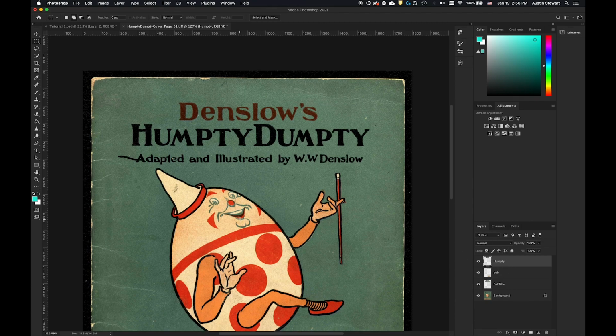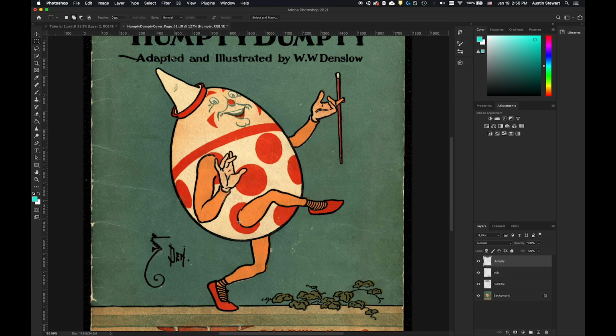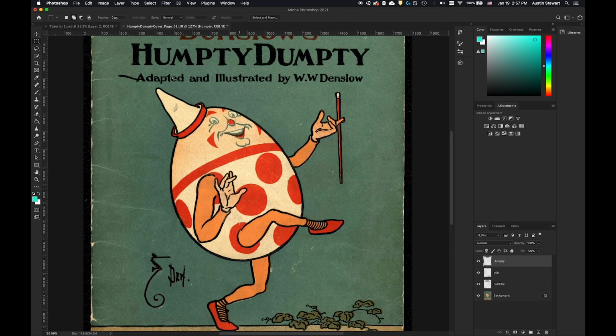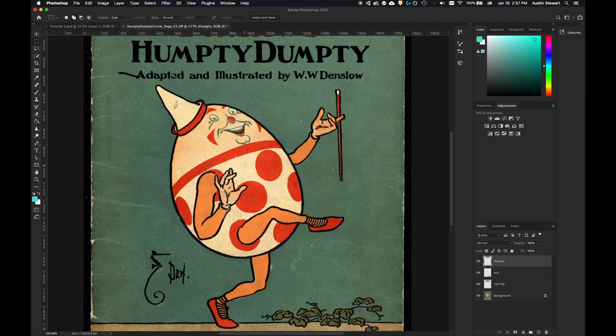So we've done a couple minor selections. Now, the next thing that we need to do is, let's say we want to do a more complex shape. Like, let's say we want to select Humpty Dumpty out of the background of this image, and we want Humpty Dumpty to be able to be placed in some other scene, which is, in the end, what we're going for right now. So to do that, we're going to use one of the more